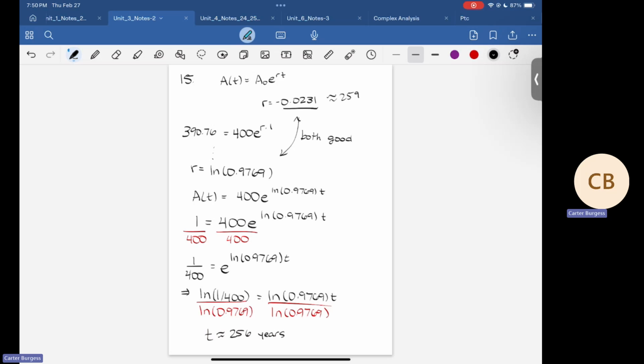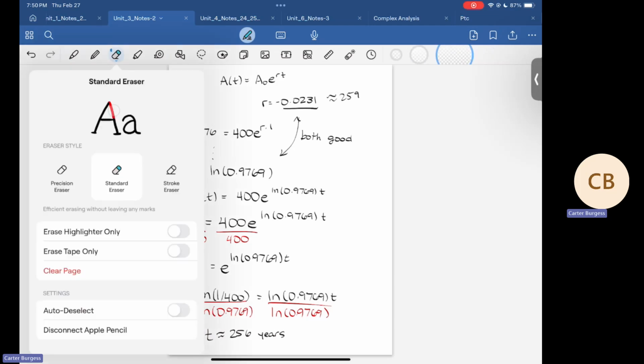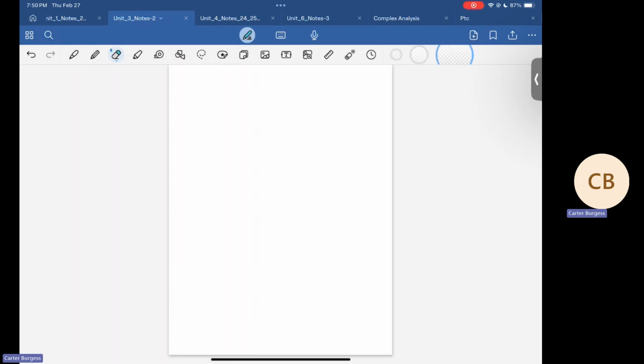All right, Newton's law of cooling. The way that we considered Newton's law of cooling was a little bit different than how it is traditionally shown, just because I was trying really hard to stay within the bounds of every single thing can be solved like this. We have that classic definition that T of t is equal to T of 0 minus T sub S times e to the rt